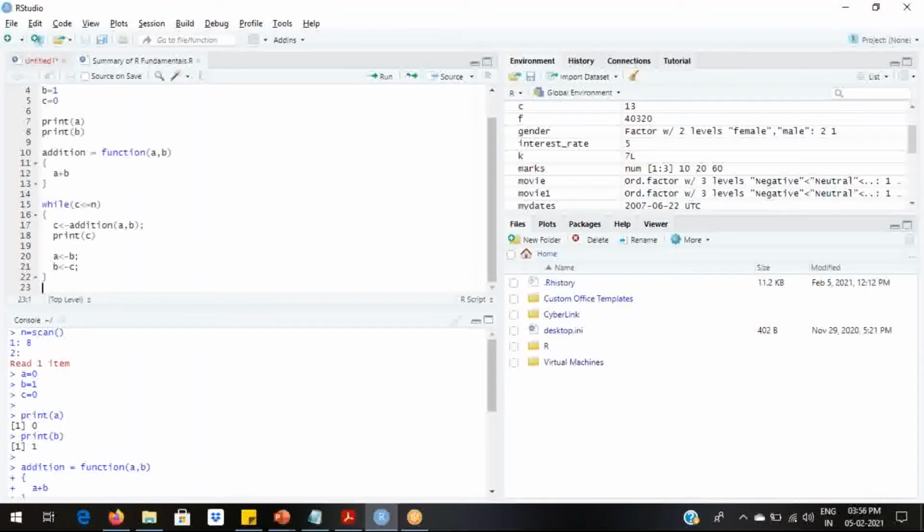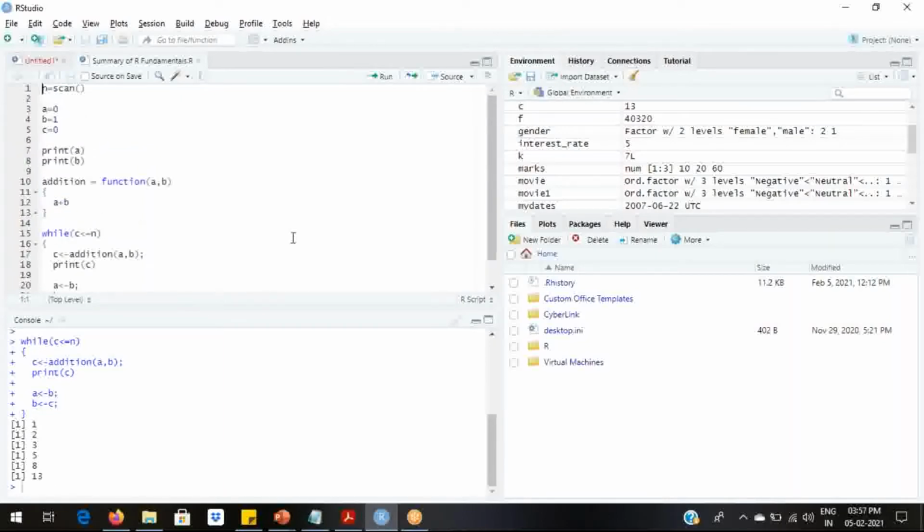So this will get executed until the value of C becomes greater than n, which is 8. So when the value of C becomes 13, it is greater than 8 and hence the loop gets terminated.